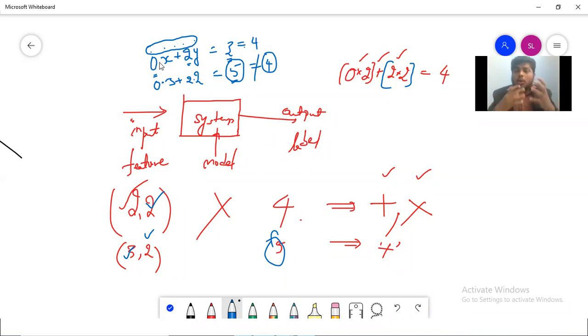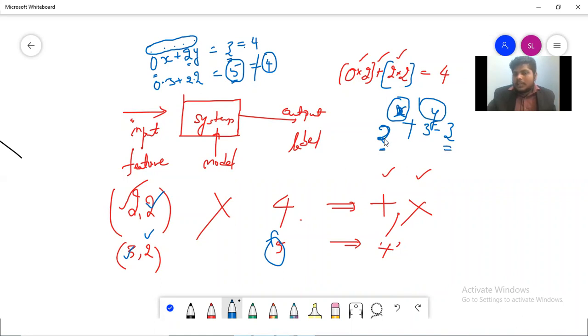So if you just keep on doing it, there are so many relationships. It's not just multiplication, addition, summation, right? In mathematics, there are so many things, even exponent values. If you take an exponent value of 2 power x plus 3 power y, let's say this is my relationship, which is equal to z. That means I am taking x and y as my input to produce my output.